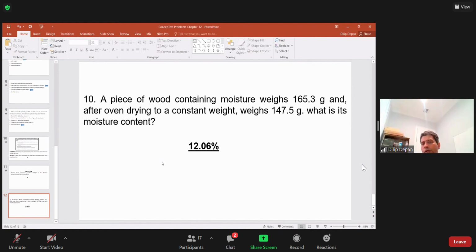Once again, in order to determine the weight of the water, you need to subtract the weight of the dry wood from the weight of the wet wood. That will give you the amount of water in the wood. Take that amount of water, divide by the weight of the dry wood and multiply by 100. That will give you the percentage moisture content. All right, guys. So with this, we are done with these problems. If you want me to go back to any question,